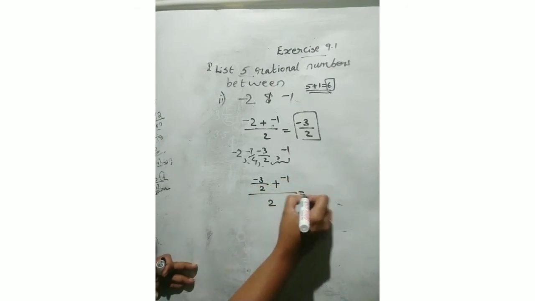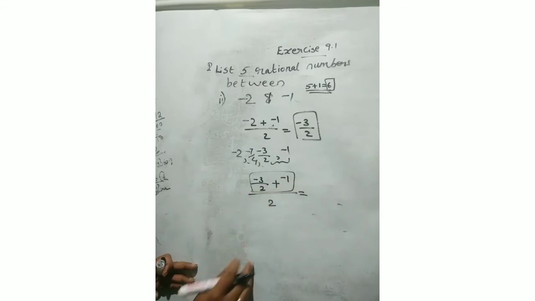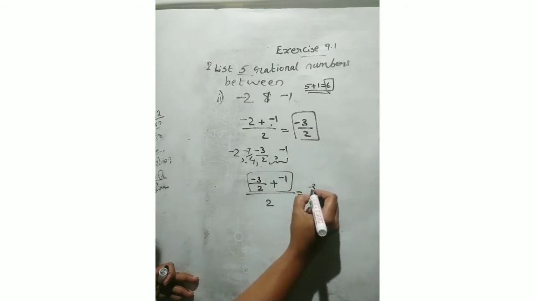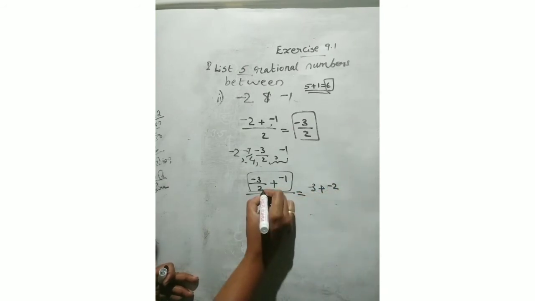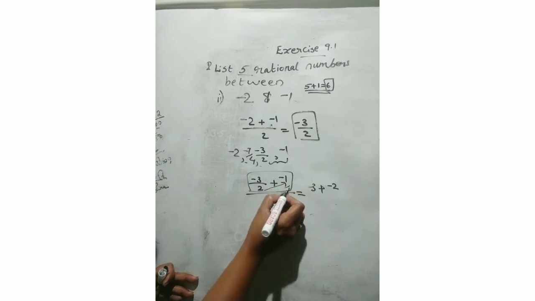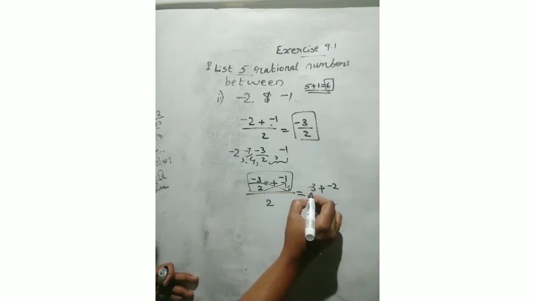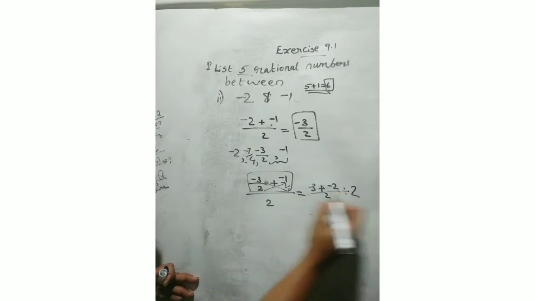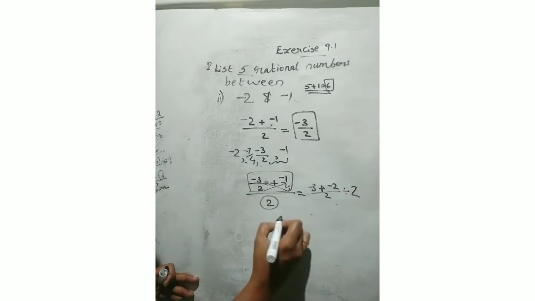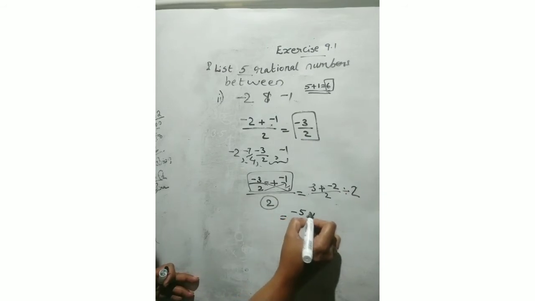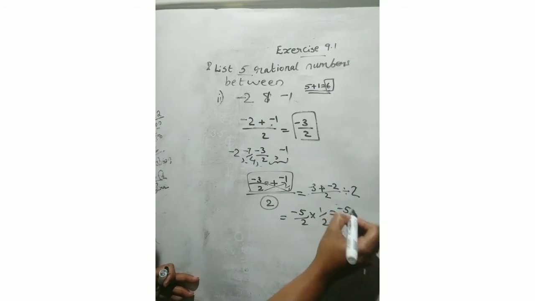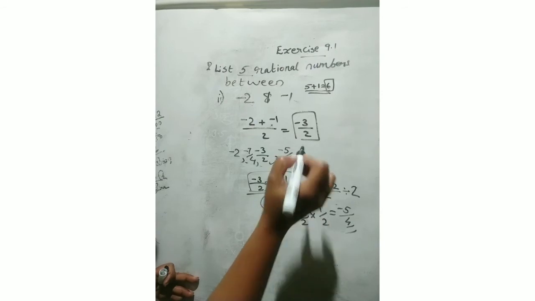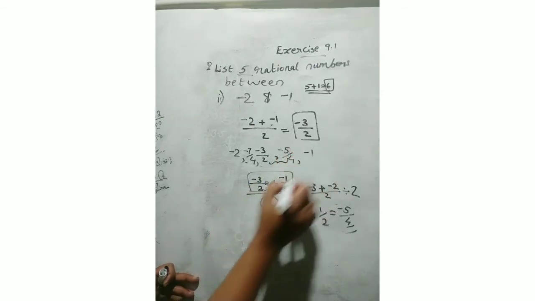divided by 2. Here how can we add the fractional numbers? That same method is here. Then negative 3 plus negative 2, cross multiplication. Here 1 will be the denominator, we can cross multiply. Then write it by 2, same denominator, 2 times 1, 2 itself, divided by 2. This 2 is here. Okay. Then negative 5 on 2 times 1 by 2, which is equal to negative 5 on 4. So we can write here negative 5 on 4 and negative 1.